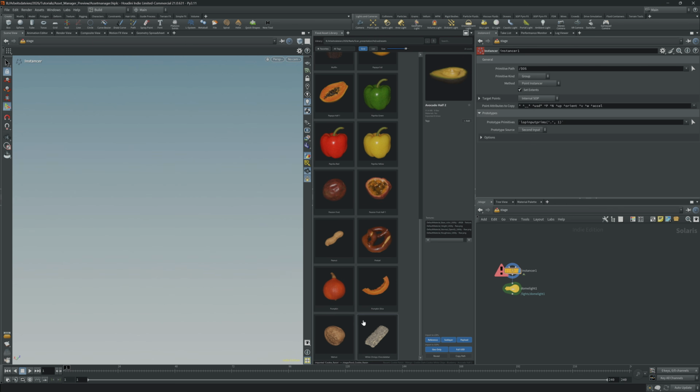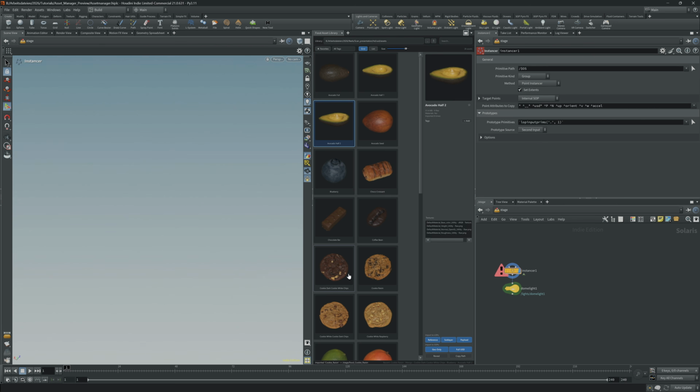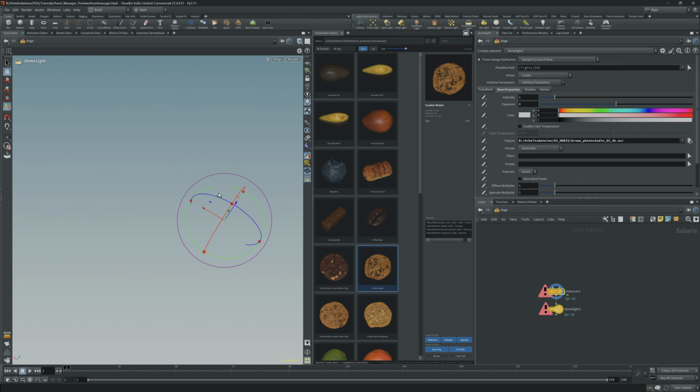It's free, and there's a ton of free assets in it. They all are 3D scans, high quality 3D scans, retopologized in Houdini and retextured in Substance. And there's constantly more of them coming with my series on creating 100 food assets in 1 year. So check out the series on